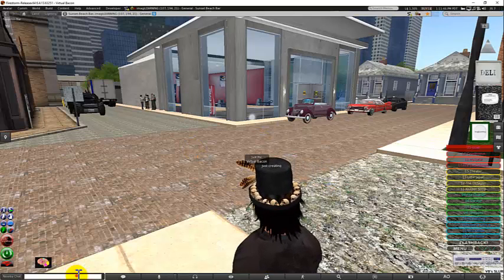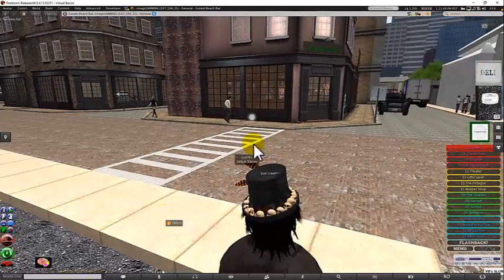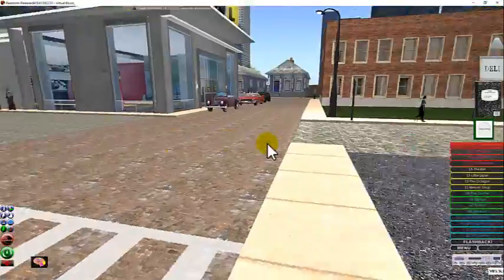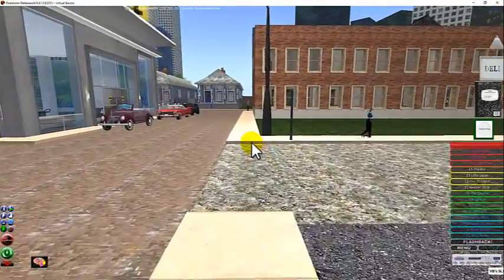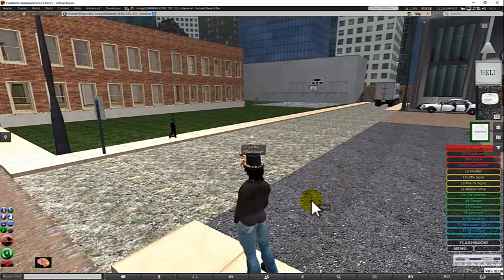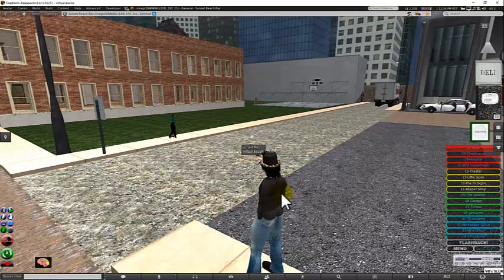But the chat window down here is only for people within 10 or 20 meters, I think. It is possible to do whispers, which is like within 3 meters, but the IMs are private. So really, even if you're nearby, if you want to talk to somebody with nobody else hearing it, using an IM is the best. The other option you've got is if they're standing there, you can right-click on them and